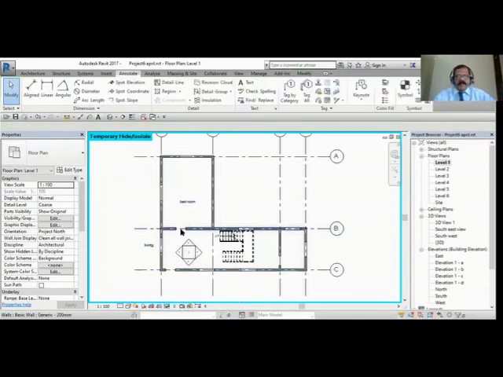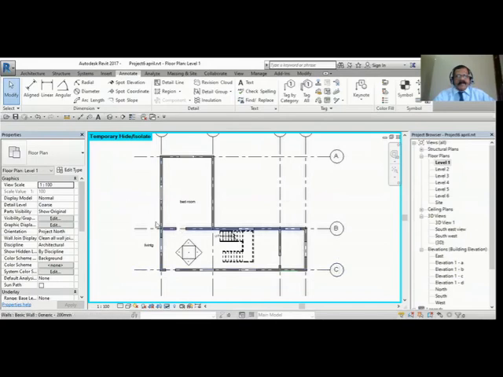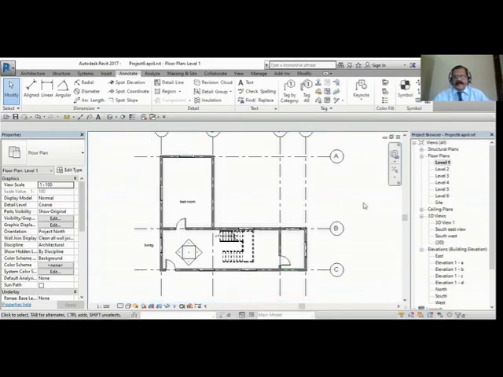You see, now you have hidden the doors and windows, but this is hidden only in this particular view. You see, you are in the blue border, which is your temporary isolate mode. But if you go to 3D, all the doors and windows are there. So that means the hidden category is only view specific. You have hidden only in the plan. It is view specific, so this is very important. So I want to bring everything back, then go back again, reset. So that is for whenever you want to temporarily hide something and view inside or work with something.